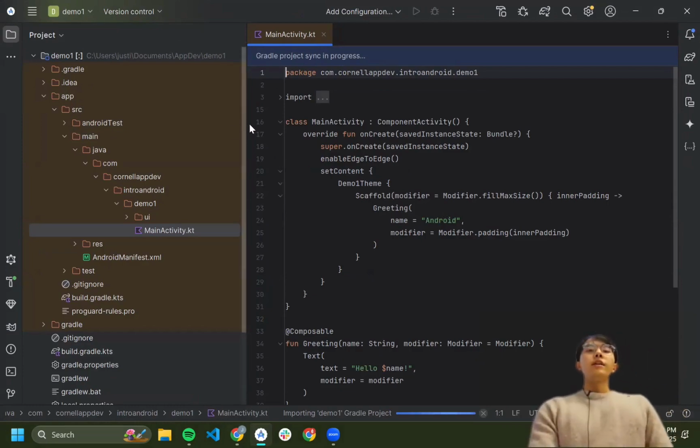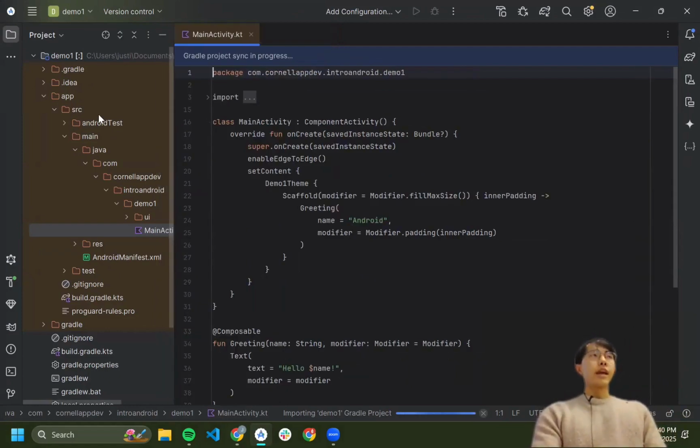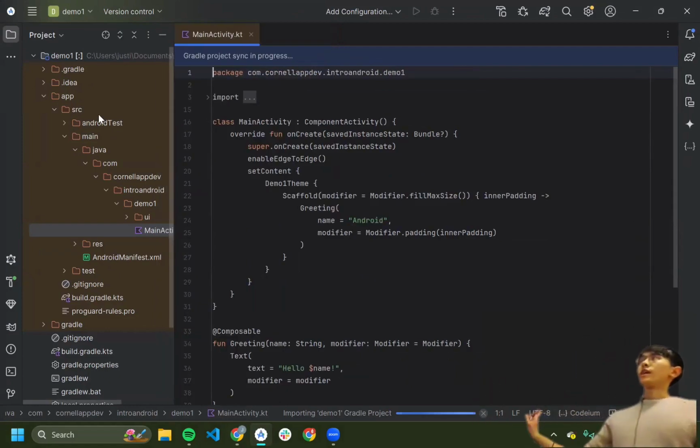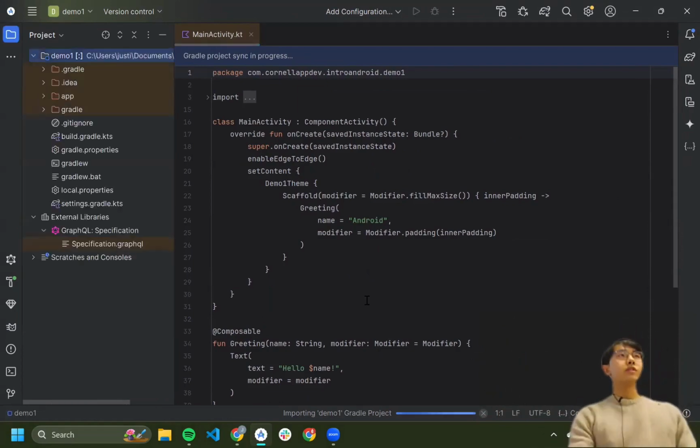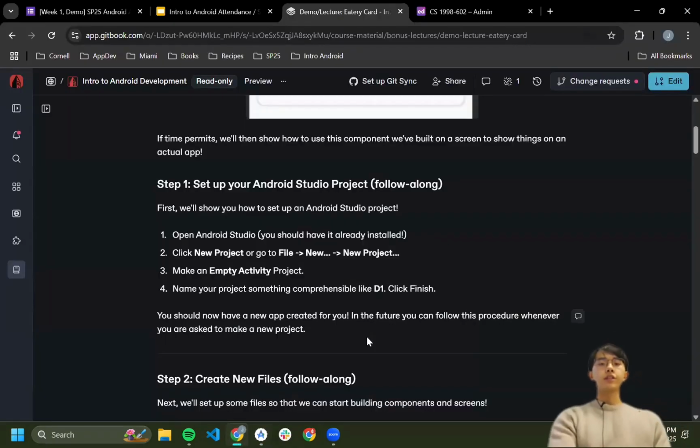But nonetheless, we will proceed. In order to see the Android version of the project file view here, you'll just need to let Gradle build for a little bit. Otherwise, it'll show you the project build here. So we'll let it build, and in the meantime, I'll take a quick look back at the walkthrough.